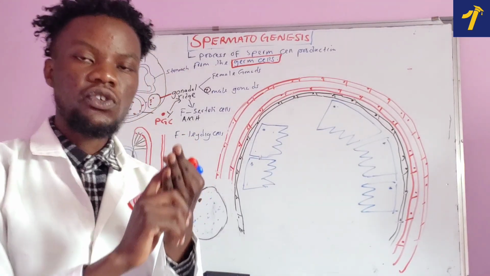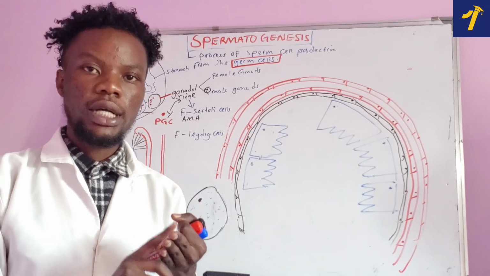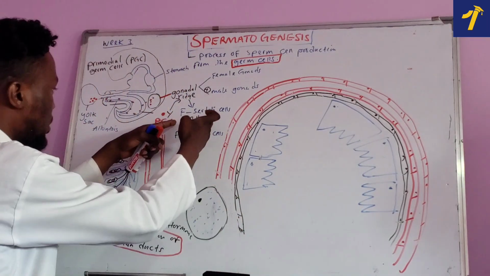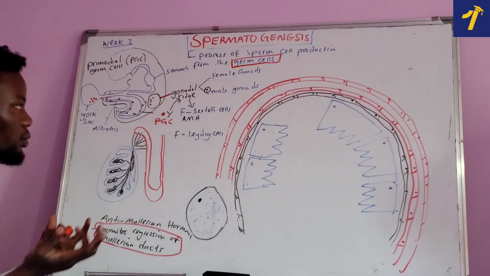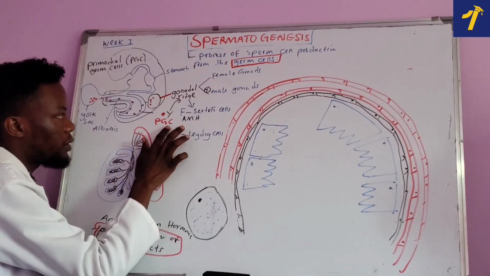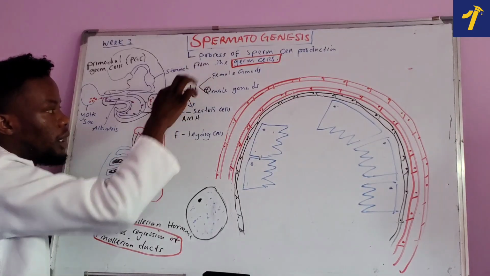And we don't need those structures in the male reproductive system. No wonder they need to regress. So this hormone is very important. Okay, again, to take you back, we're saying the primordial germ cells, the moment they go into the gonads, they're going